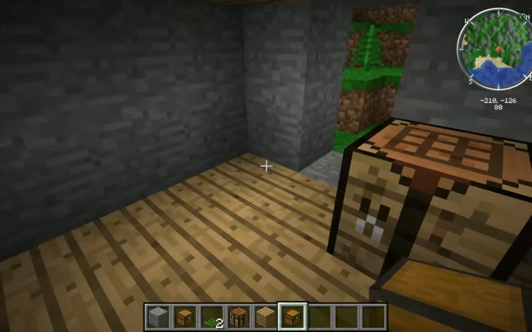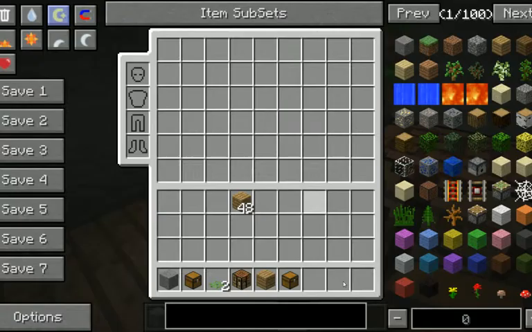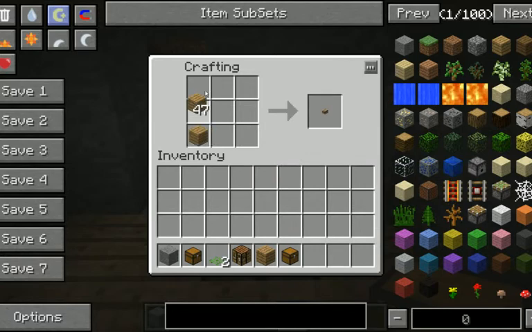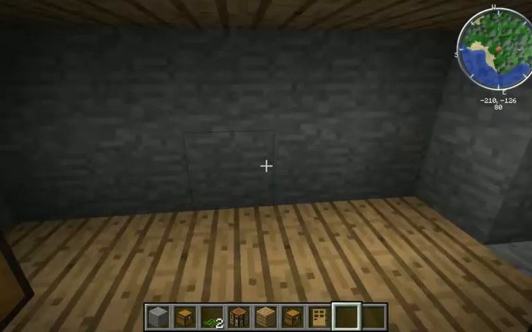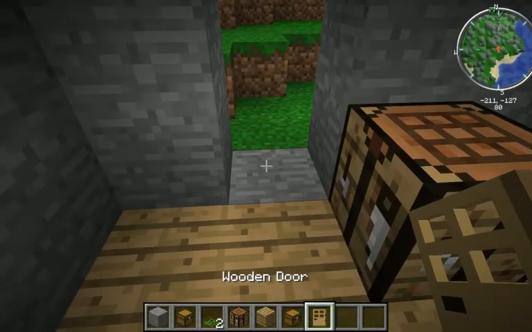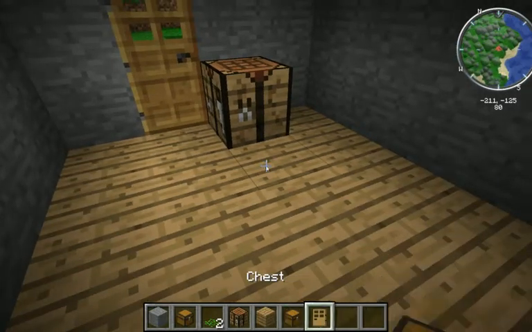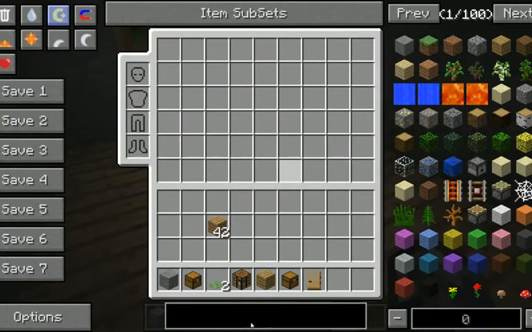So basically it involves RedPower, it involves the Ender Chest mod, I believe, and it also involves, let's see, the barrel mod. I think the barrel mod is part of Forestry. I'm not 100% sure. It might be its own standalone thing, but basically what you want to do is make